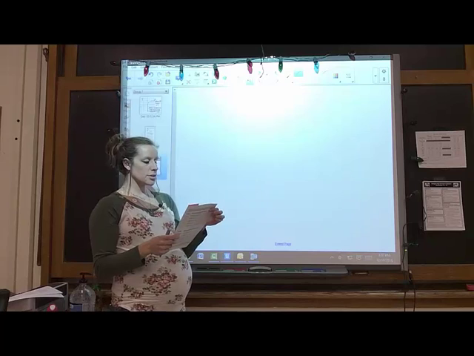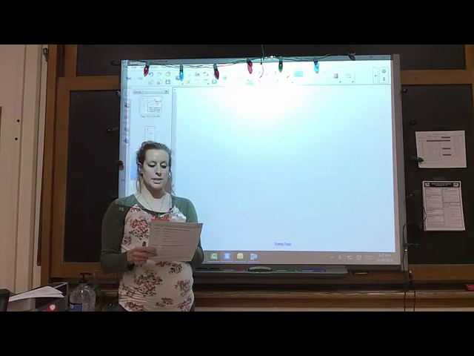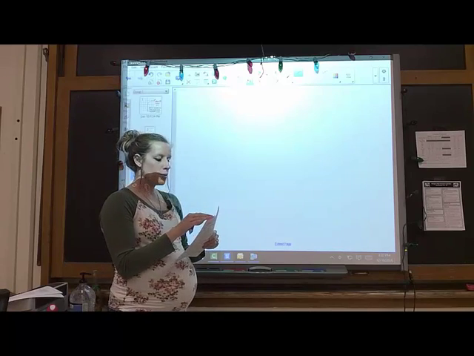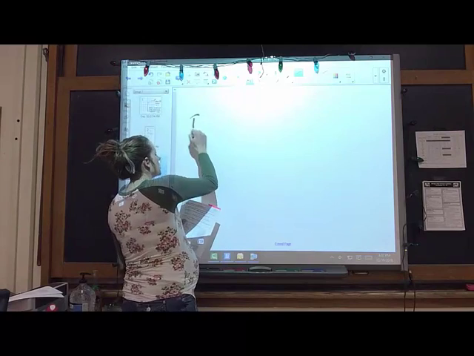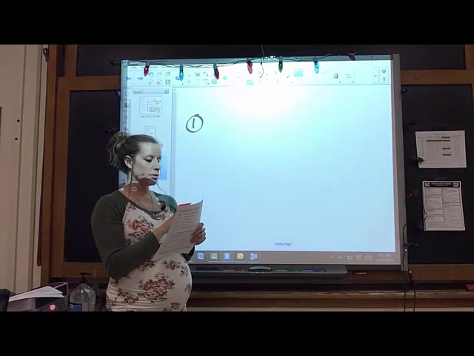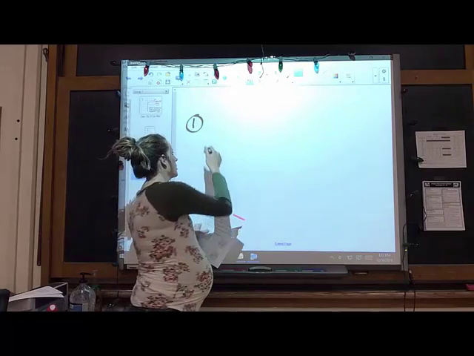Okay, on the next section, you're going to write the equation based off the transformations they tell you is happening. They tell you what function to start out with. So on number 1, we're starting out with a log base of 2. We're going to shift it to the left 3 and up 2.